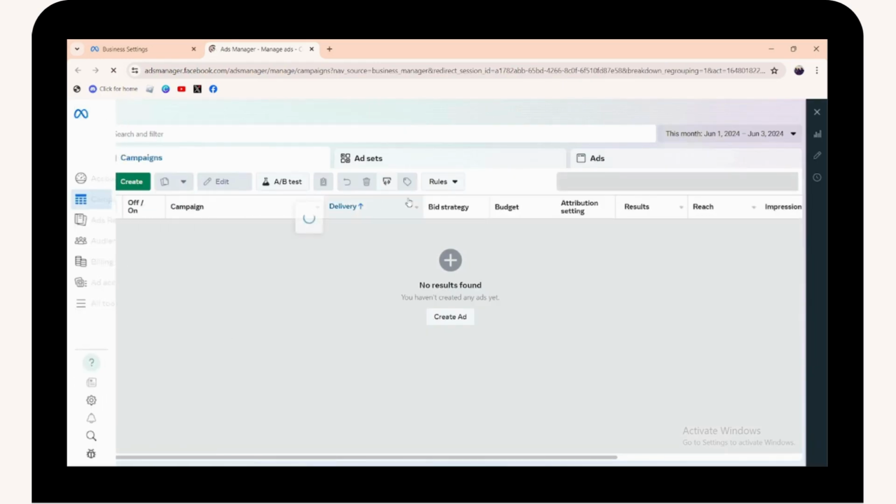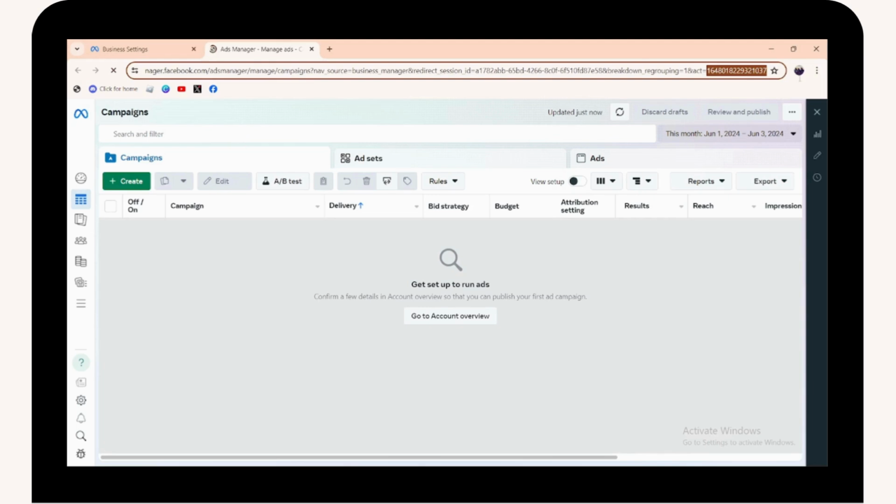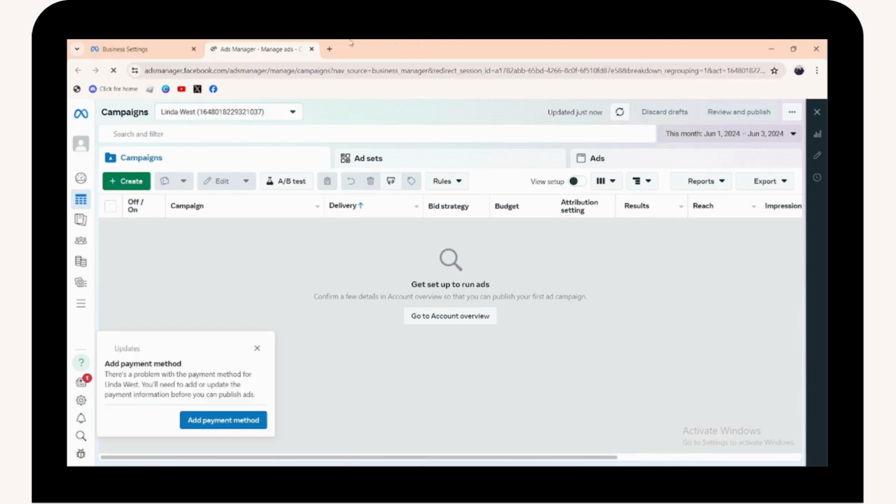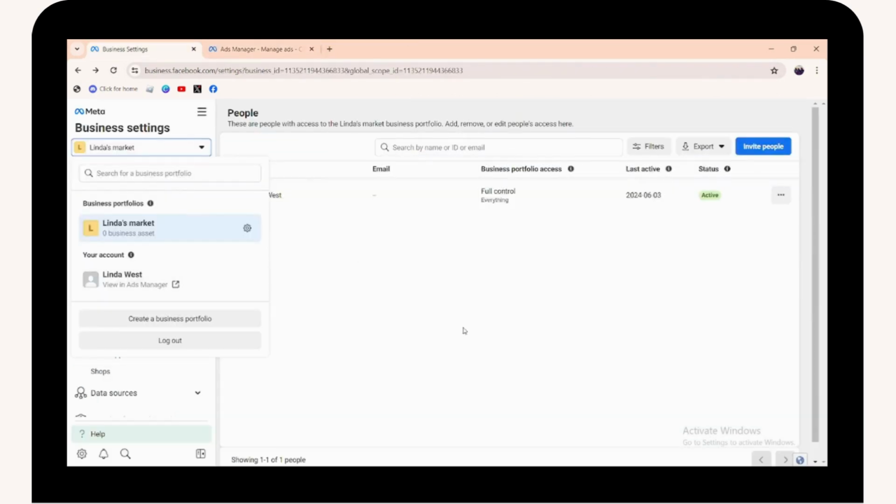And once you're on the ad account, you need to grab your ad account URL code, which will be on the upper right. So after the account, you will have the code, right? You need to simply copy the code which you have here on the upper right. Once you copy the code, then you need to go back to the business settings, and under the business